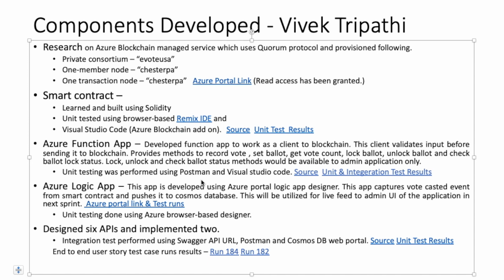Azure Logic App was also developed, and this app is basically decrypting any smart contract event published by blockchain, and then it stores data into Cosmos DB. Since it is an Azure Logic App, unit test was performed on the portal itself, and test runs are available there for view. The next is I also worked on APIs for controller and implemented two of the APIs